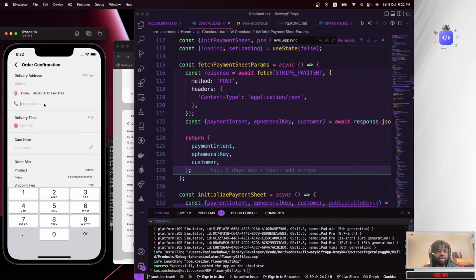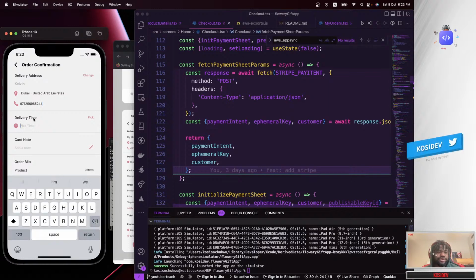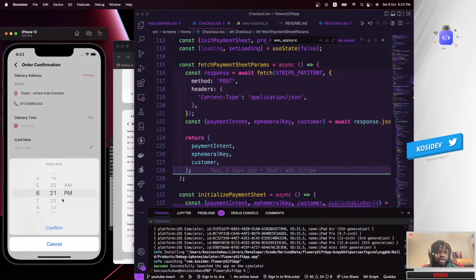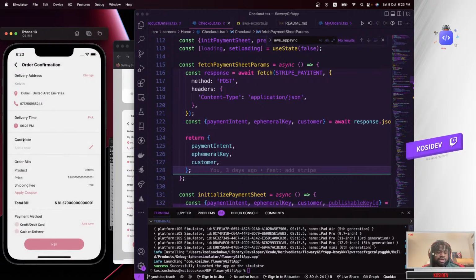For the phone number, just add any random numbers. Guys, this is not my real number, so don't call it. For the delivery time, you tap over here and pick a time, and there you go.